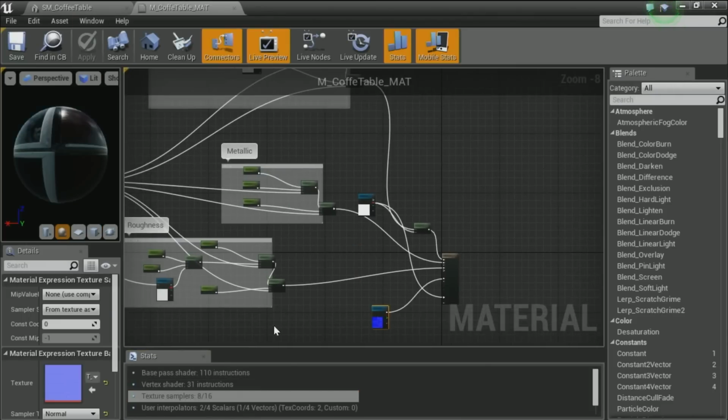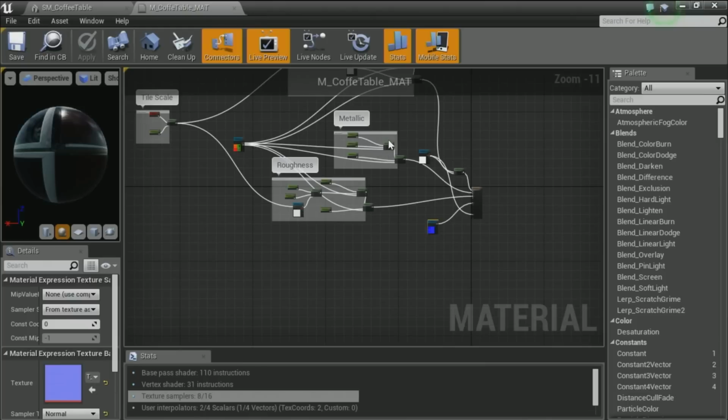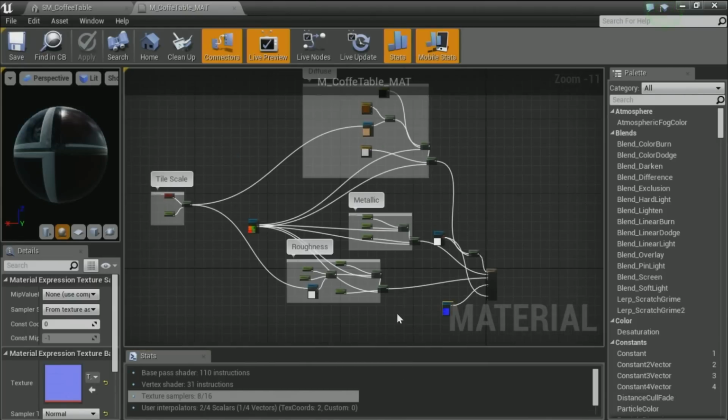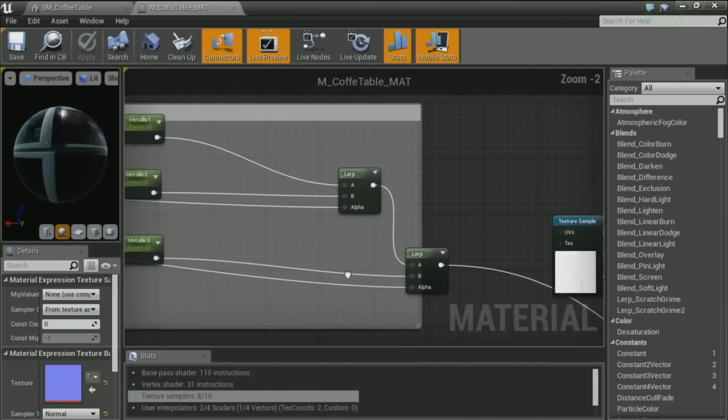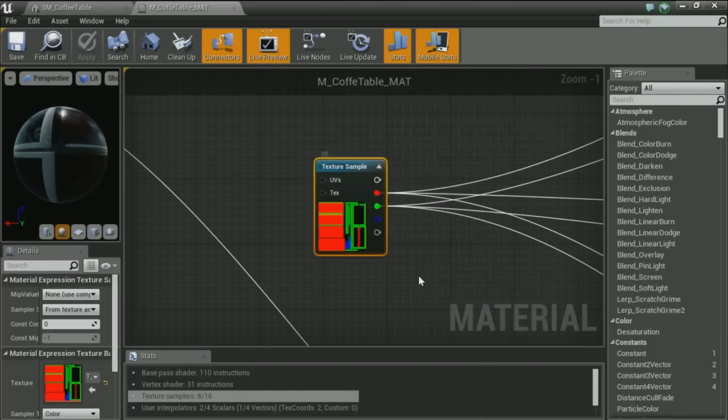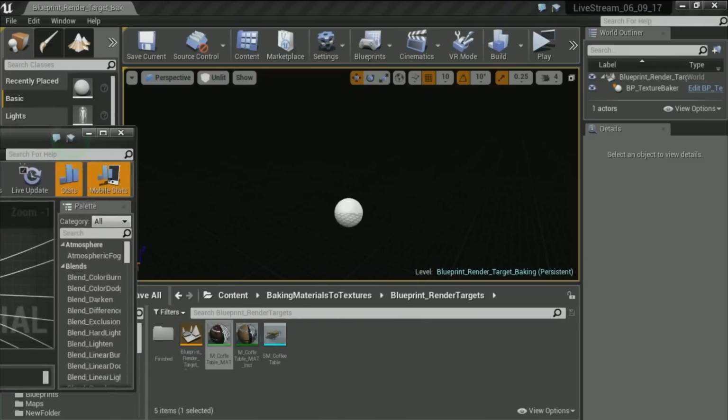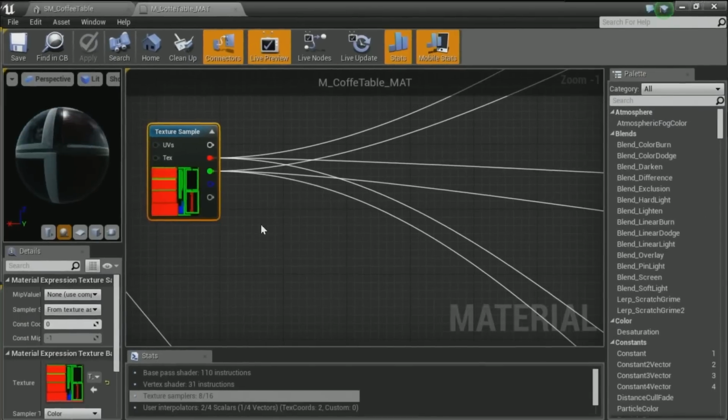Actually using 8 out of our 16 available texture samplers. So on mobile, this would be a very expensive shader to use, right? We wouldn't necessarily be able to do this. And if we look at this, what this is really doing is using a lot of masking based off of this texture right here, which I think is like 2K or something like that, the size of this